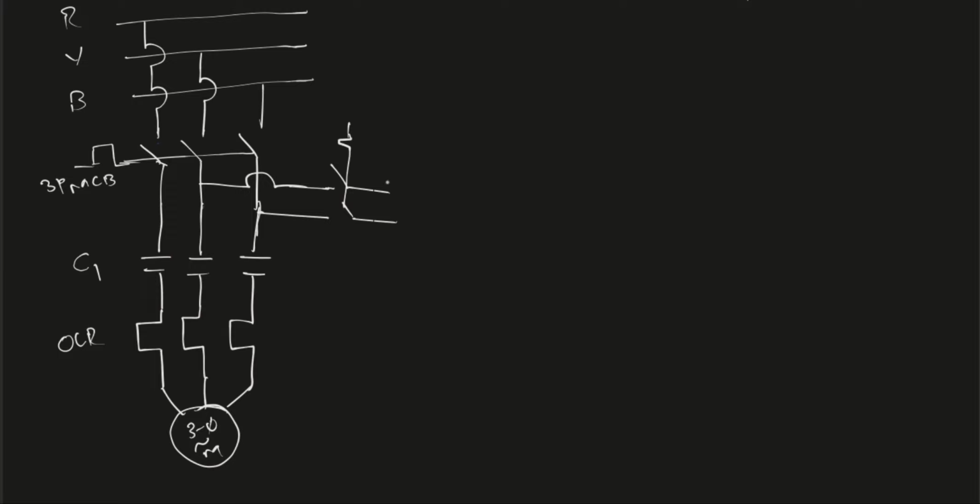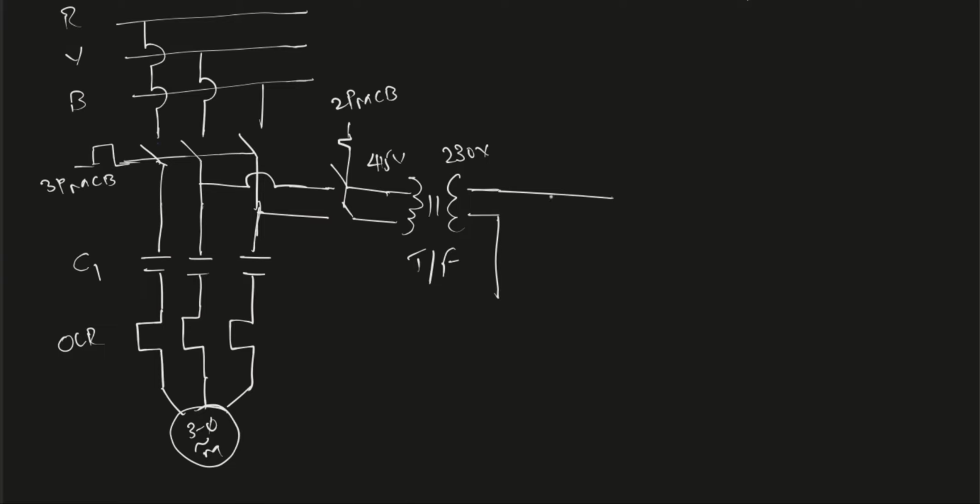This is a 2-pole MCB, and I'm stepping down this voltage by using a control transformer. We are getting 415 volts AC here, and we are stepping it down to 230 volts AC. This is a control transformer, and this is a 2-pole MCB. From the step down voltage from the secondary side of the transformer,